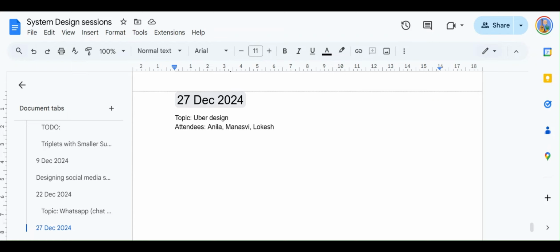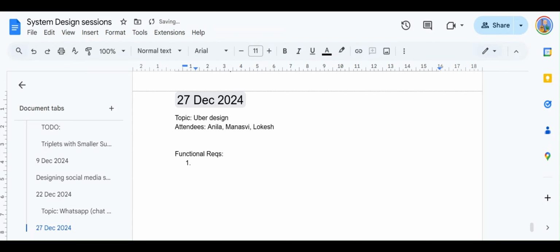Everyone knows Uber, right? It's a ride sharing platform. Everyone has used it, so this is a very well-known application. Let's start with the very first thing that you should be doing when given a problem statement. As we discussed, the very first part is clarifying the functional and the non-functional requirements. Today we'll be discussing a few key elements in the functional and non-functional requirements, and then we'll discuss a little bit of capacity estimation as well, and why or why not we should do it. Okay, so let's start with the functional requirements first.